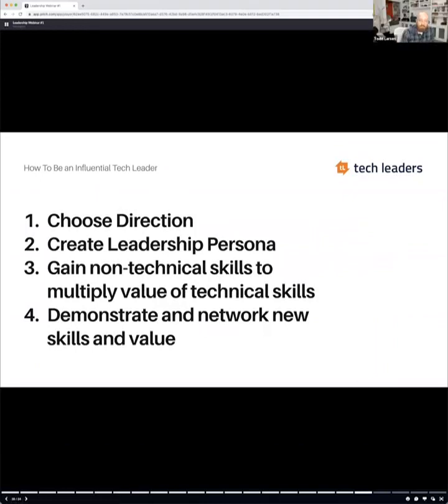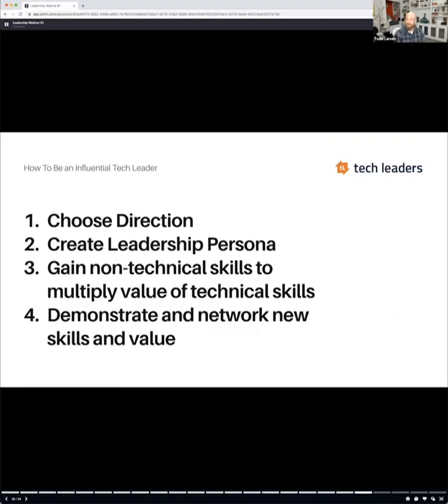So here is a good summary of the steps that you need to do. And you can start applying these and moving through these steps today, starting with just choosing your direction. You can use that Genius Zone model to start thinking about what is the direction of leadership that you want to take for your own style, and then create that leadership persona to support that. Once you've created that persona, that becomes part of your tool to overcome the imposter syndrome that can sometimes come up.